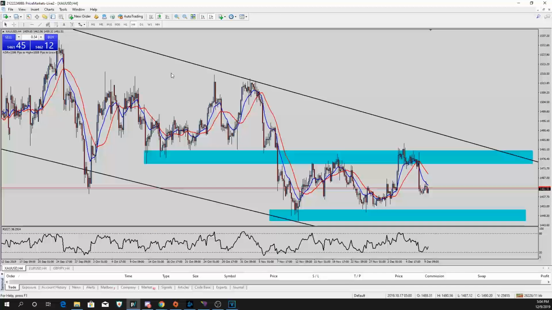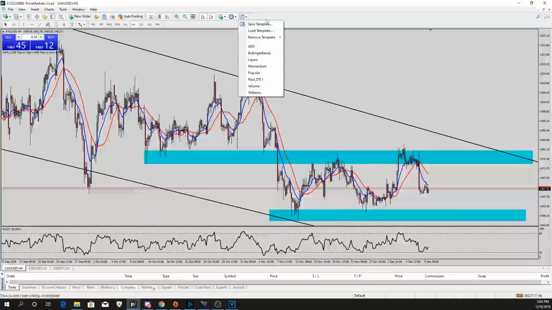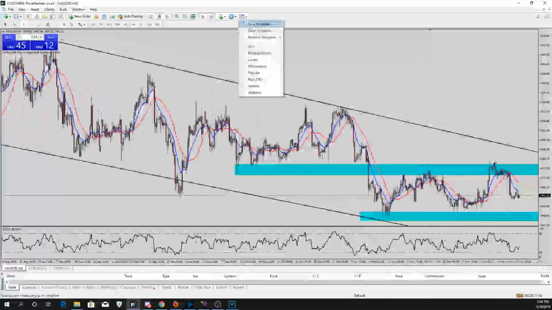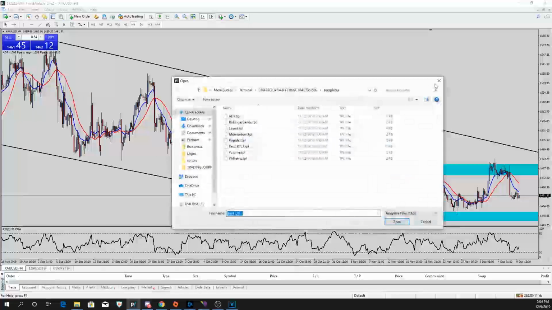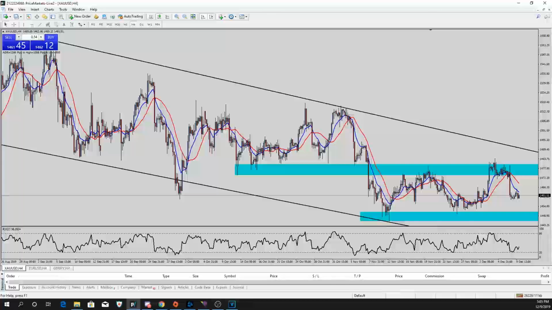Again, open the program, get familiar with it. Like I said previously, you can change your time frames here, and this is where you'll be loading the template. So simply download the template, drag and drop if you haven't already,